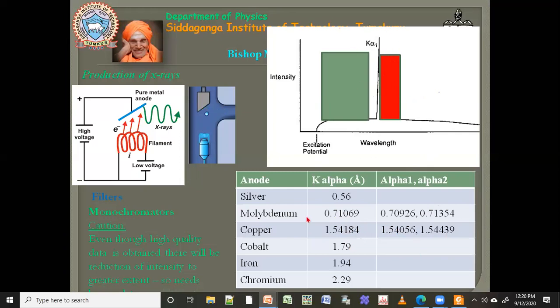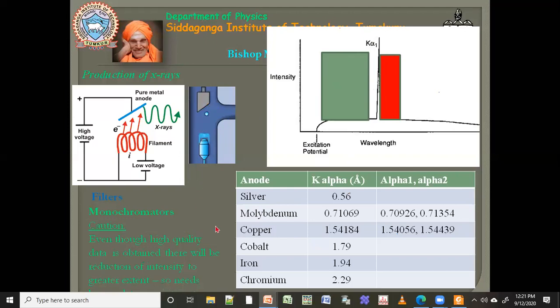Okay, so you put a crystal in between to have this cutoff. In that case, you are going to reduce a lot of intensity. Already you are cutting K beta, so you're already reducing the intensity of the incoming X-ray. And if you put one more monochromator, you are going to further reduce. So this is what you should remember. You get very good quality X-ray if you use a monochromator, but at the same time, you will get less intensity. That means you have to collect data for a longer time.